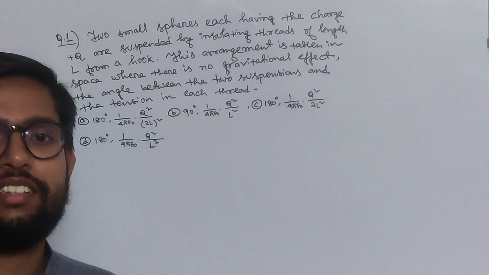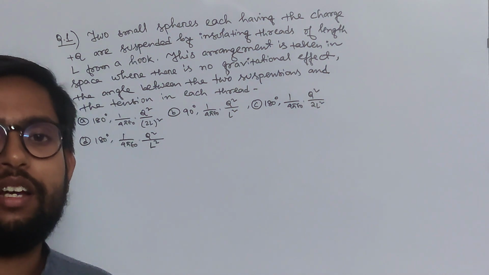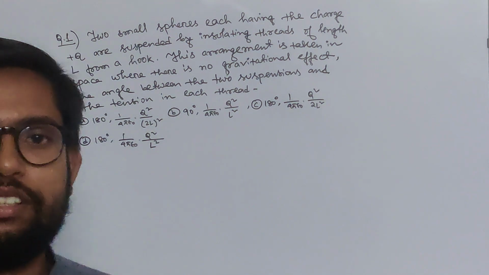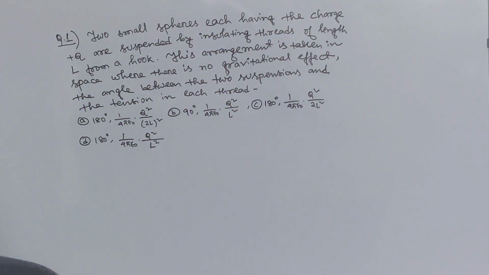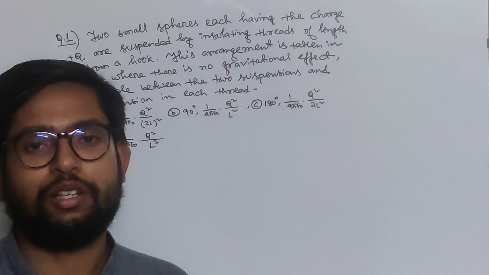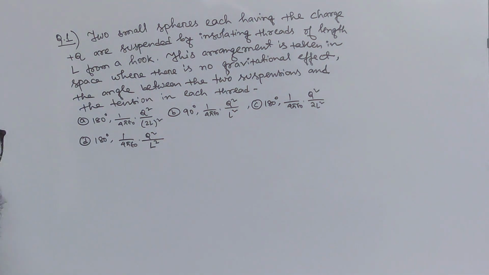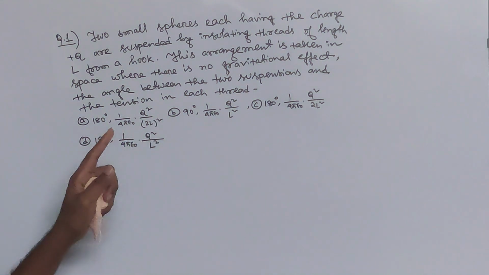In today's class, I will start solving numericals on the first chapter of class 11, that is electric charge and fields. And from this chapter, I will solve many questions. So keep watching. The first question is, two small spheres, each having the charge plus q are suspended by insulating